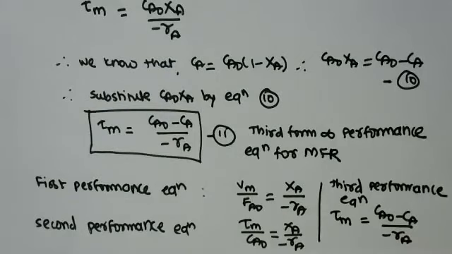performance equation. Now, the question is, what is the use of this performance equation? This performance equation can be used to evaluate the progress of the reaction occurring inside the mixed flow reactor. That means you can find out for a particular space time how much conversion will be obtained, or if all other variables are given, then you can find out the volume of the mixed flow reactor required to carry out the pre-decided conversion.